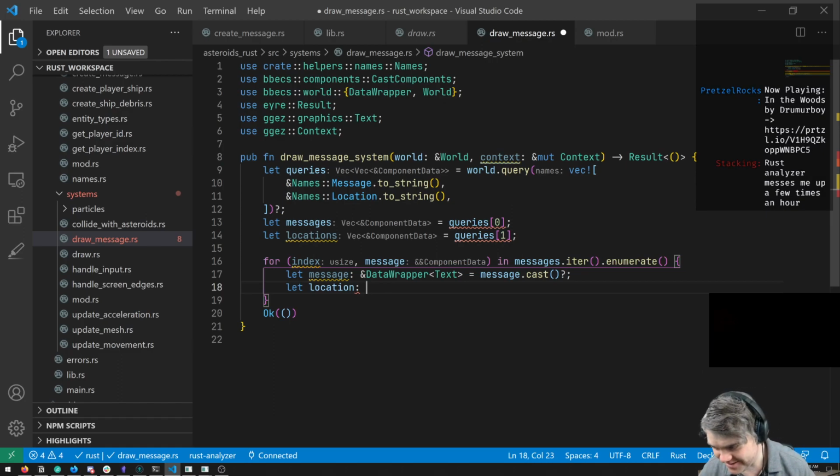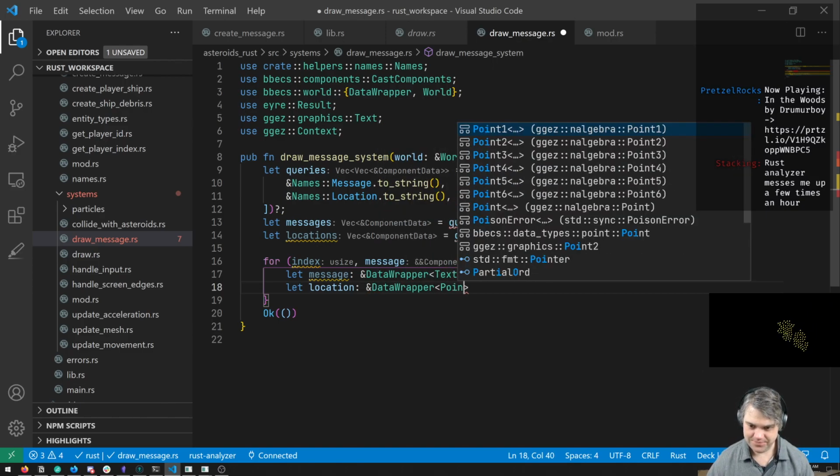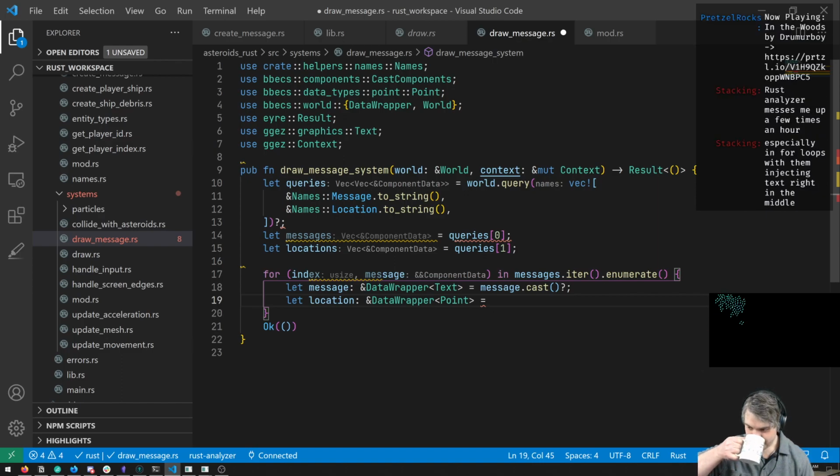Rust Analyzer messes you up a few times an hour. Yeah, I mean, when it works it's the best. When it doesn't work, it doesn't quite make me want to go back to something like RLS, but it can get a bit frustrating, especially in for loops with them injecting text right in the middle.